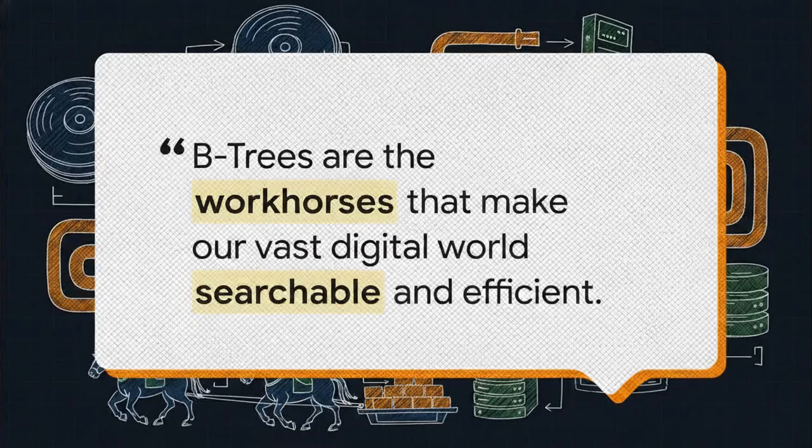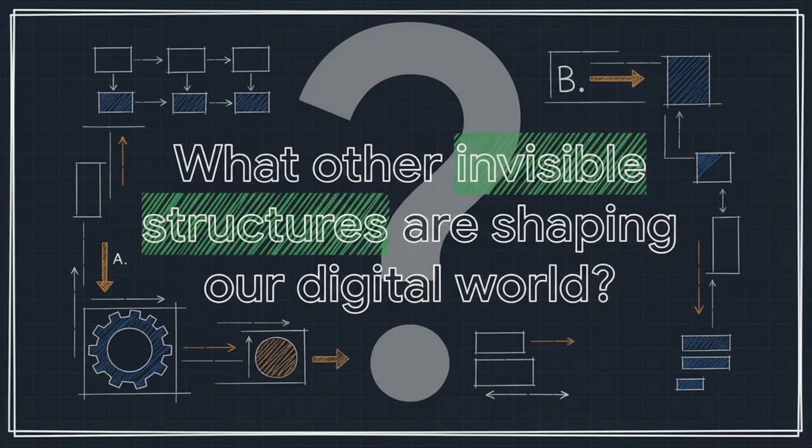This really says it all. Without this elegant solution to that fundamental disk speed problem, the fast, data-heavy apps we just take for granted simply couldn't exist. B-trees are the quiet, reliable workhorses just doing all the heavy lifting behind the scenes. You know, the B-tree is just this perfect example of a brilliant solution that was tailored to a very specific, very real physical problem. It kind of makes you wonder, right? What other invisible algorithms and data structures are out there quietly shaping our digital reality? What other unseen